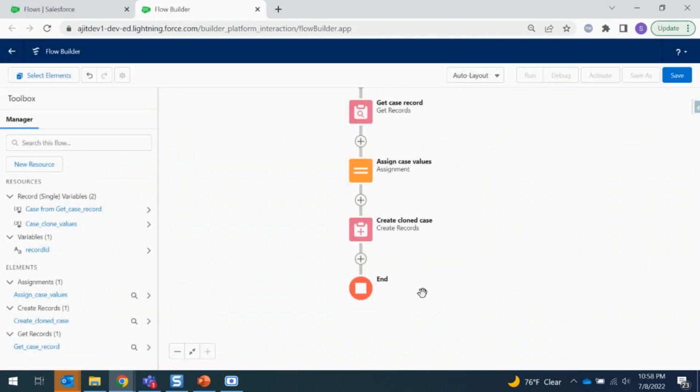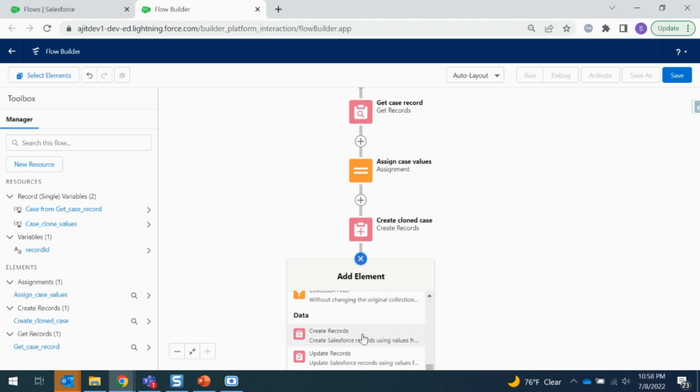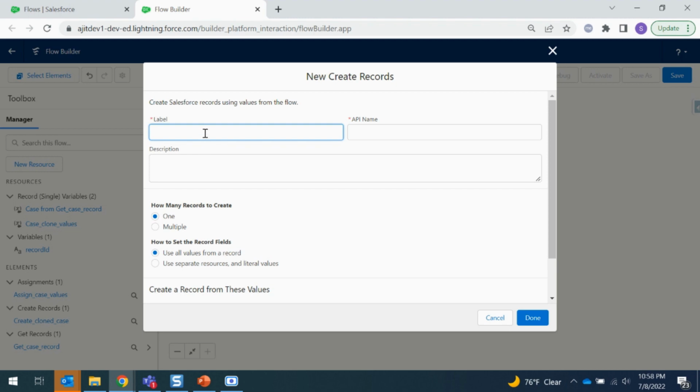So till now we have created a case, that is, we just cloned the source record only, but we need to create the related records as well as a clone. So I'm going to get all the related issues from that case. So let's see, get related issues,